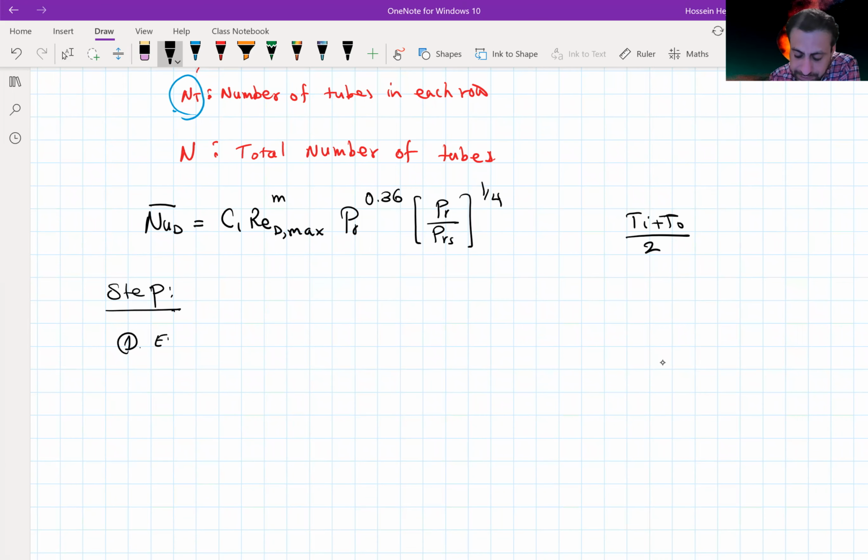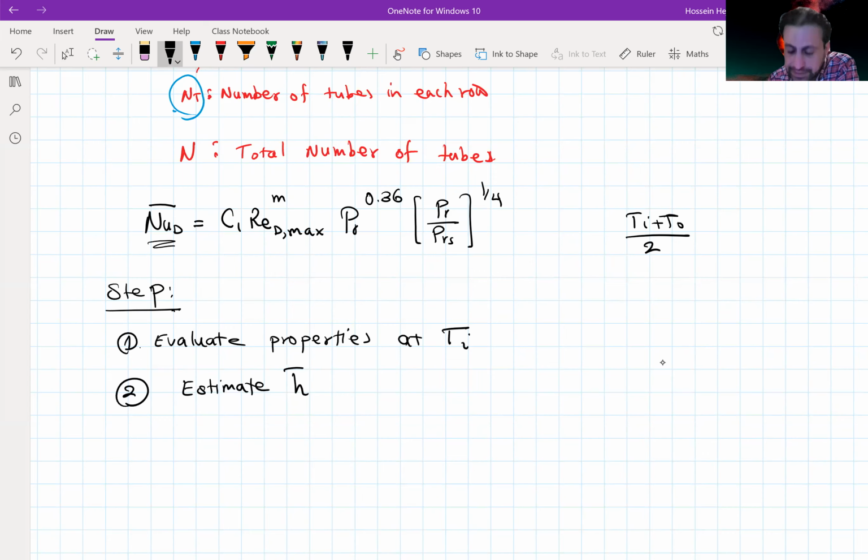First we evaluate properties at the known temperature of T_i. So we know the inlet temperature of the fluid. We evaluate that one. We use the correlation that we have for the average Nusselt number, and from there we can estimate the heat transfer coefficient. So we can estimate h. And from there we estimate